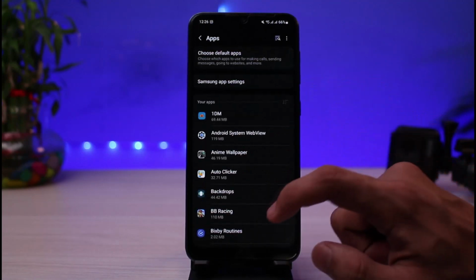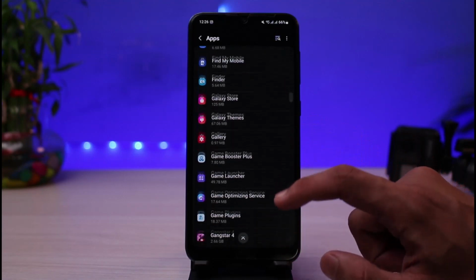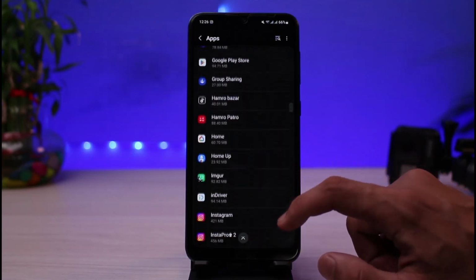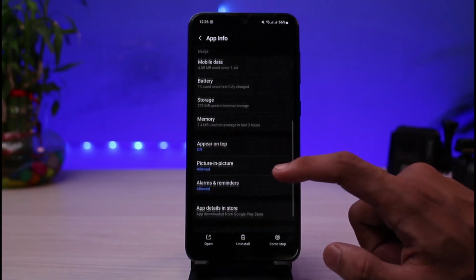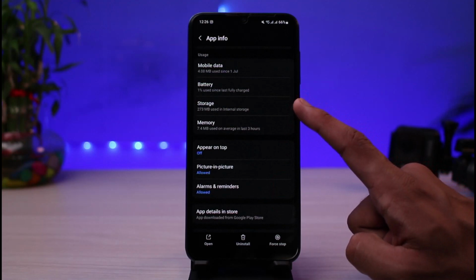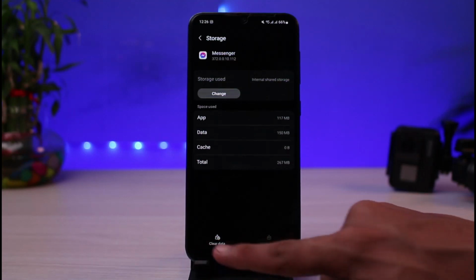As soon as you tap on apps, we'll look for the app called Messenger. So simply find Messenger and then tap on it. Once you tap on Messenger, you'll be able to see other options. Again, you want to scroll down, and here you'll find the option which is storage. Tap on storage, and you can clear the cache. And in order to log out, we will simply reset the app, tap on clear data,